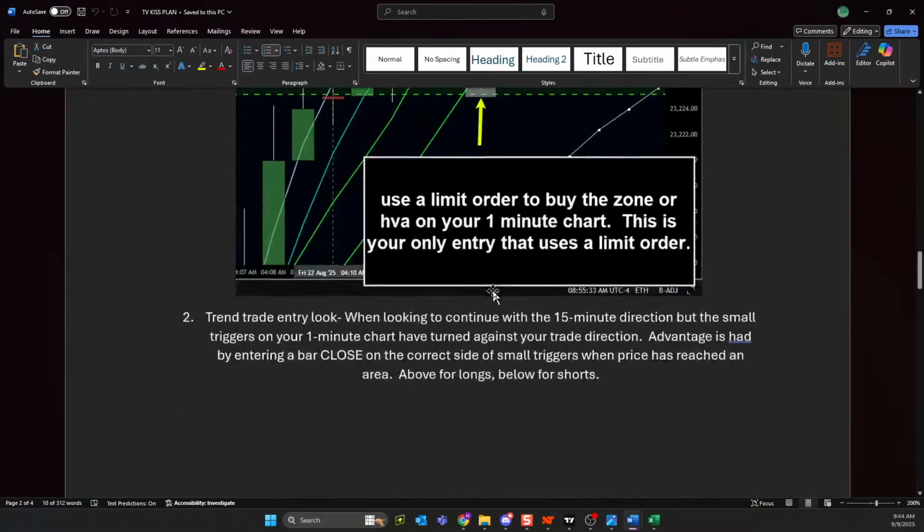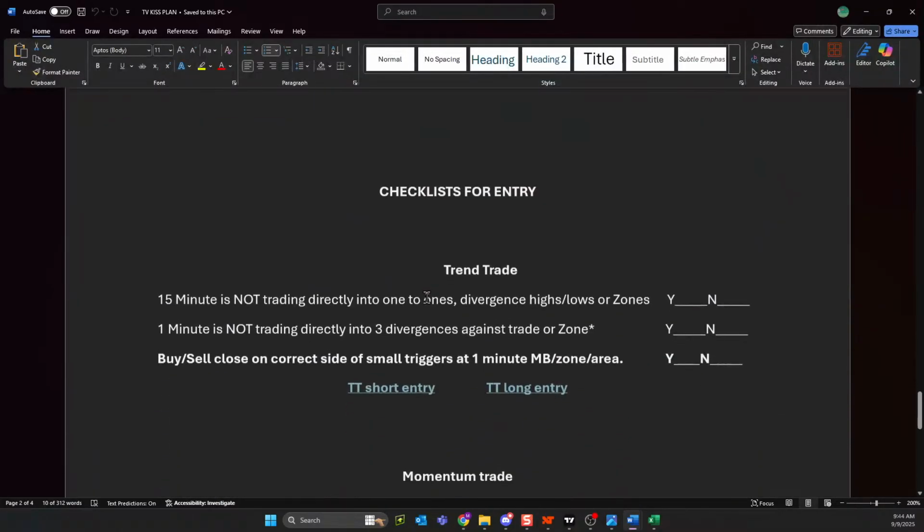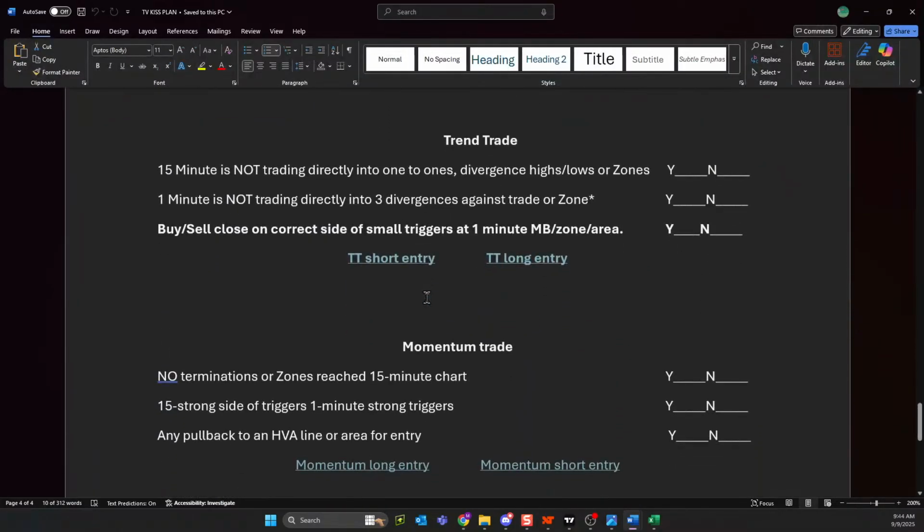You'll see the momentum entry, you'll see the trend trade entry. And the last page of the plan, my friends, is just like the plan for NinjaTrader. There's a checklist for entry, optimizing your chances of success, keeping you focused on the advantages to take the highest probability trades so that you can put yourself in a position to be successful as a new user. So the trend trade,